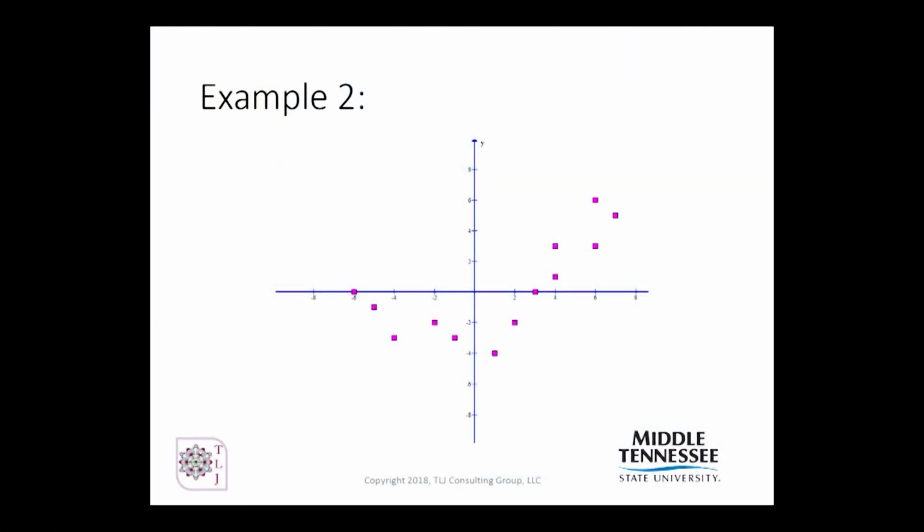So let's look at the next example. Does that pattern look like a line to you? No, not really. To me, it looks kind of like a parabola, but that's just me. This is what scientists do. They get the data, they take the measurements, they throw it on a scatter plot because people see patterns, computers don't. They throw it on a scatter plot and say, what's that look like?